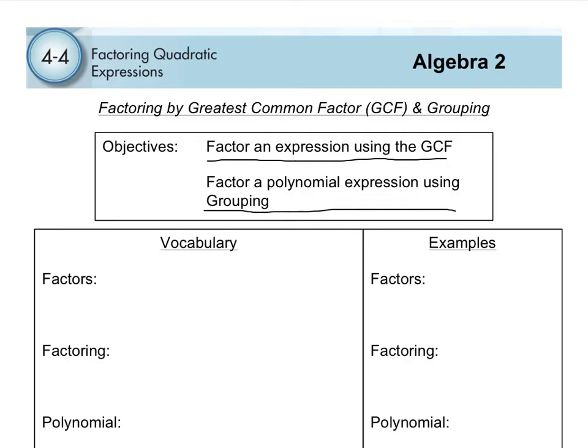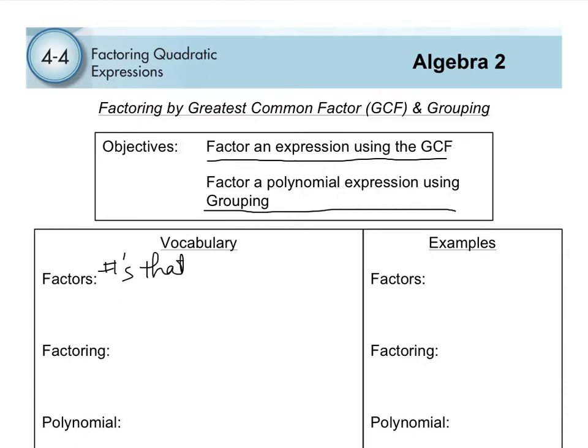Okay. A couple of things that are important. We'll look at some vocabulary words first here, because these are going to really be important when we're doing this whole entire section. This section is broken up into a couple of different days. First vocabulary word we're going to look at is factors, and the definition of the word factors are